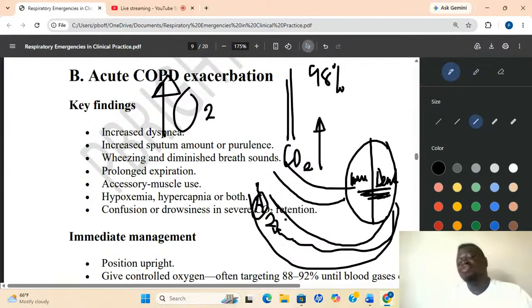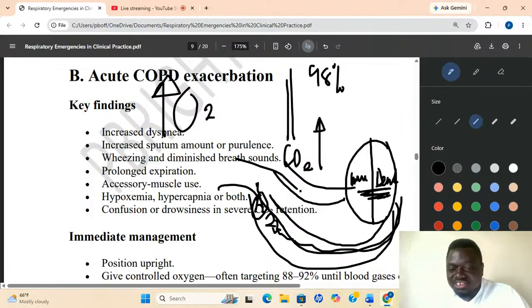Now, okay, I have to store it. If I have to store it, I will store it in what? The lungs. So this part that was not supposed to send a lot of blood to the dead space, the heart will now start pumping more blood to this place and more blood to this place. And that blood that is coming to this place is coming with CO2. So the CO2 will cross and get inside the lungs.